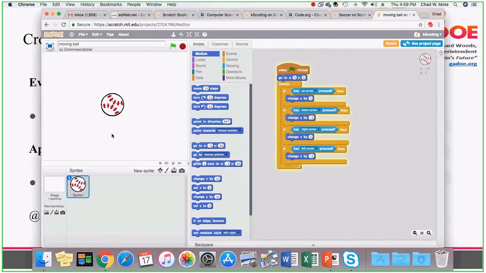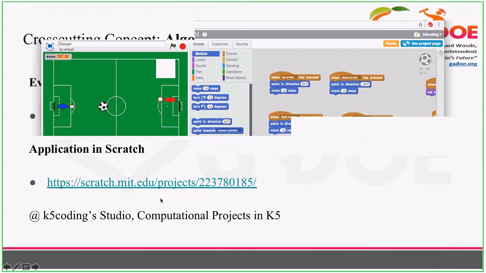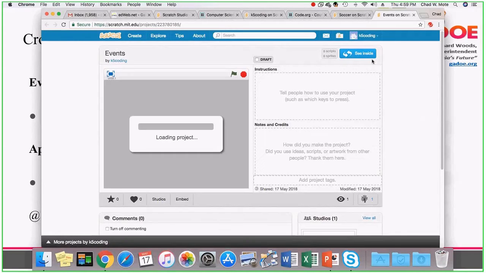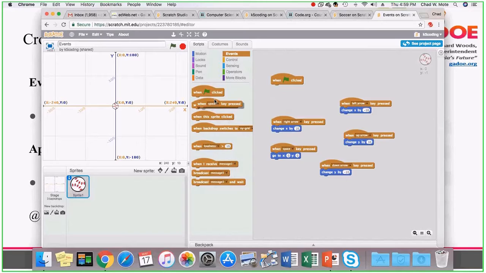Okay, so all right, so what I did here was I basically took these events and used these commands. So when the arrow is clicked, when space is entered, when the right arrow is pressed, then X